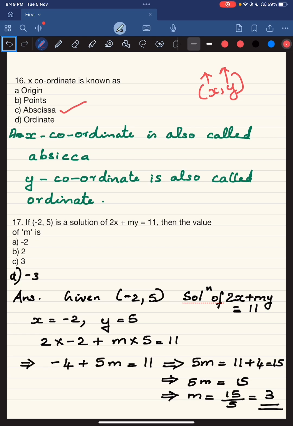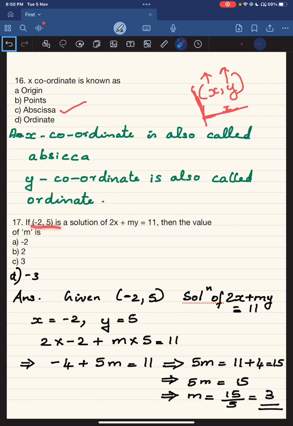That means the x coordinate is the distance from the origin along the horizontal line, and y is the distance from the origin, which is called ordinate. X coordinate is called abscissa, y coordinate is called ordinate. Right? And next question is,